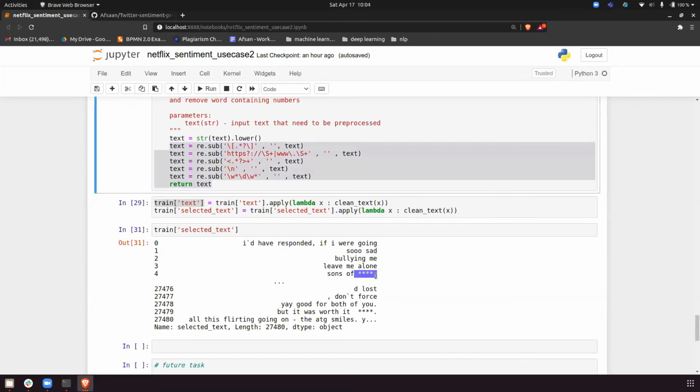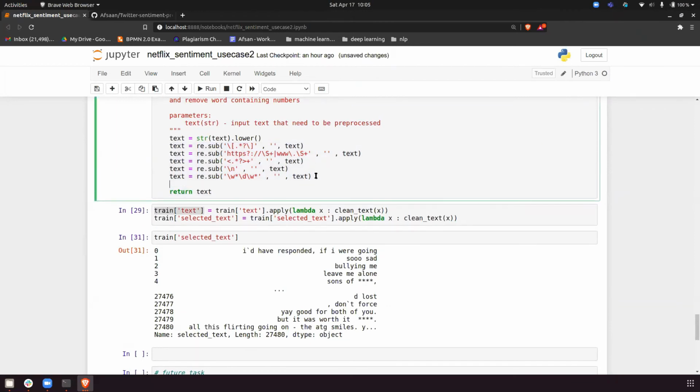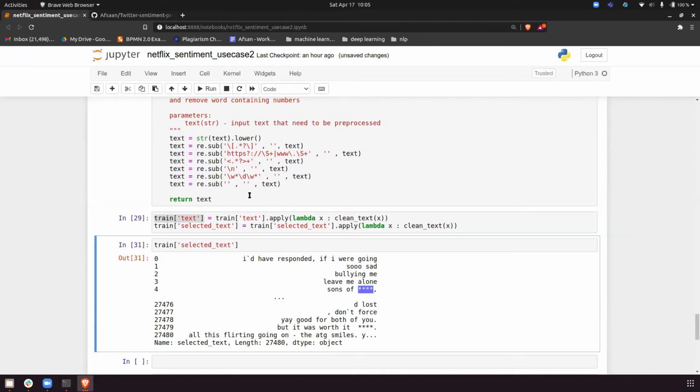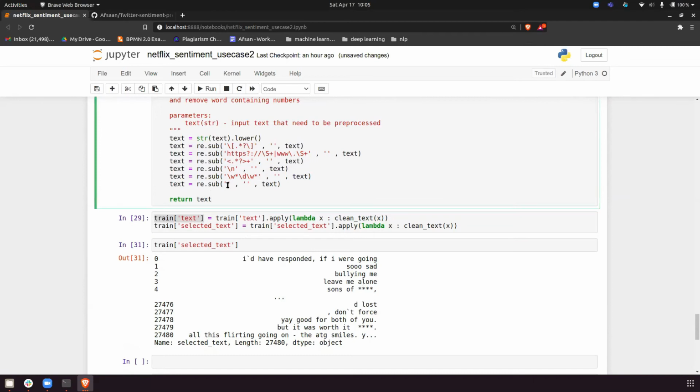So can anyone tell me how to remove this? Okay, so I will add one more thing. Copy, paste, and I will just remove the star. Okay, how to remove the star? Can anyone tell me how to remove the star? Sir, in that first one, before the square bracket, there is no need of that slash. If you remove that slash, the star is going. Okay. Now the last one also, before the last one, in that same line. Yeah, you're saying. Yeah.